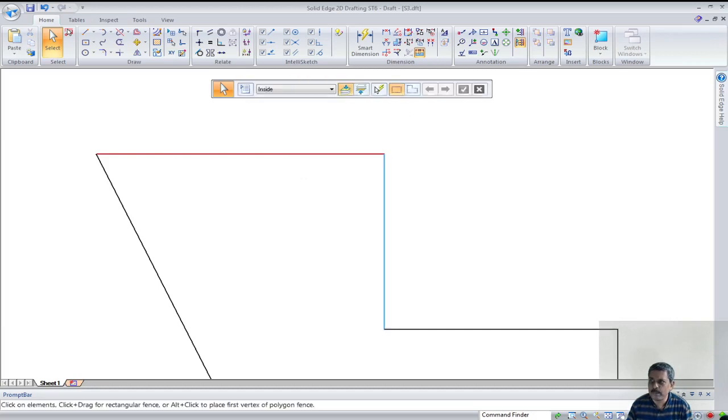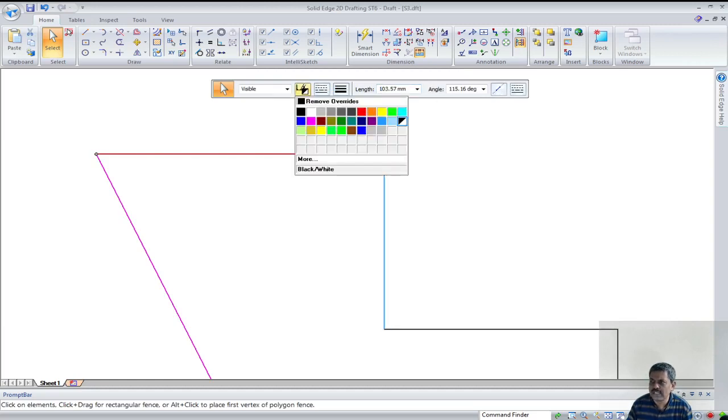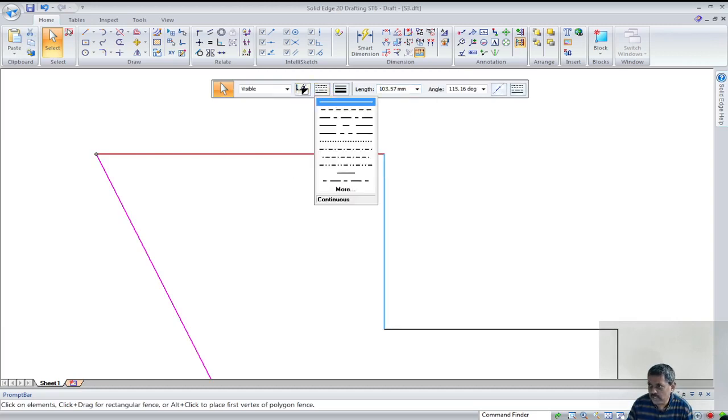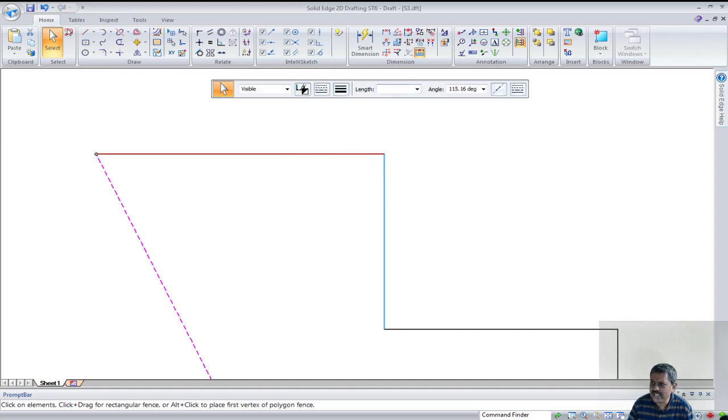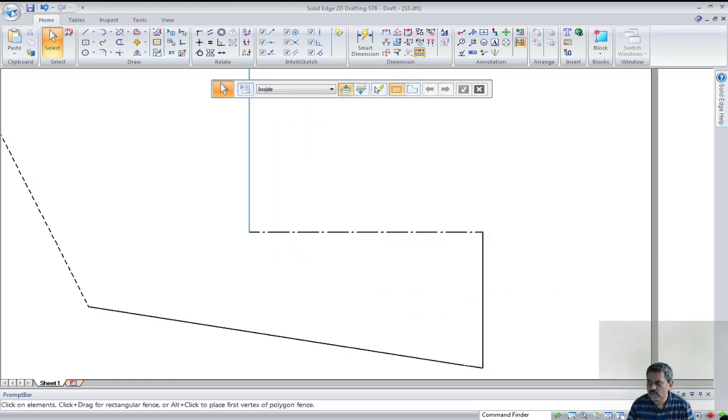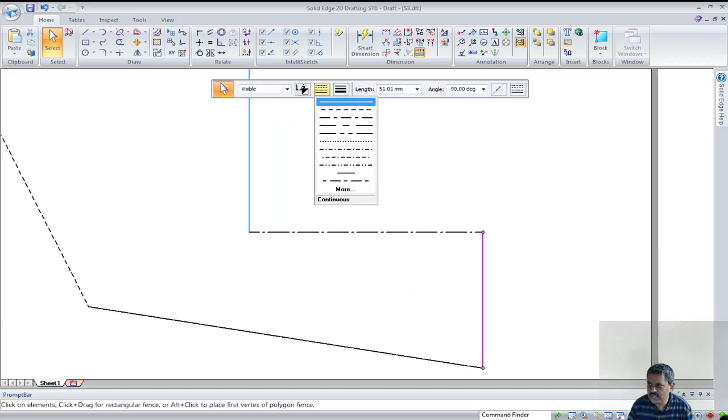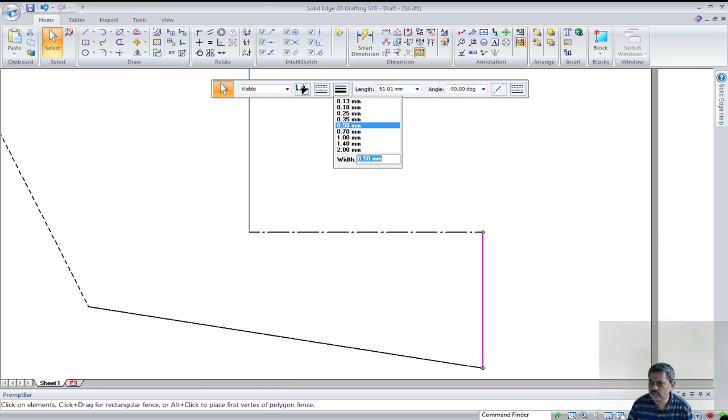So that means you can set the parameters of the entities drawn, whatever they might be. You can simply change the color, and it need not be just the color. You can also change the line type. Let me change to some other type, chain line. Let me even change the thickness of the line. There are already standard values as per the ANSI standard, American National Standards Institute, or probably the ISO, International Standards Organization. We use these 2 standards very often, and I suggest you adopt the ANSI standard.